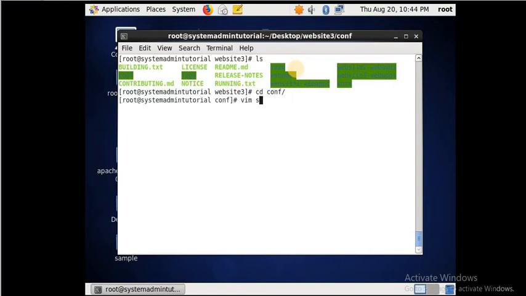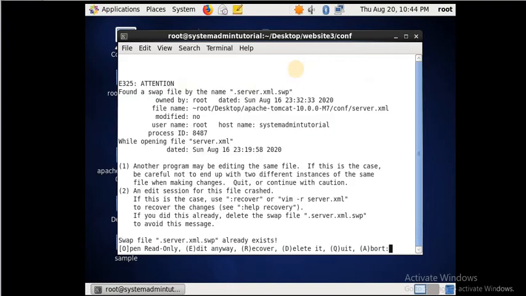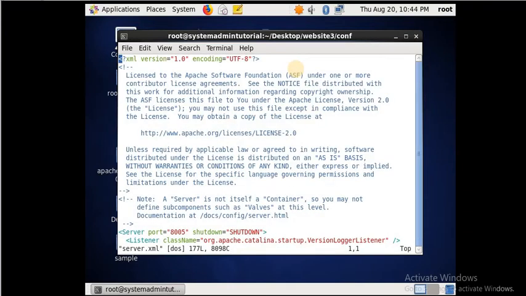Edit the server.xml. Here we will edit the port numbers. Go down and you will find three ports: the shutdown port, the connector port and the AJP port.